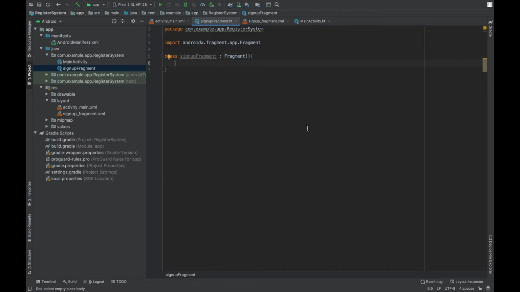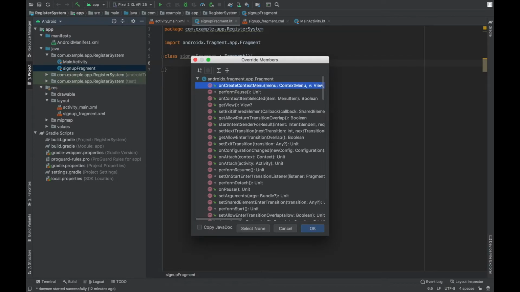So in order to attach this sign up fragment layout file to the sign up fragment class, we will be overriding a method. Click Command N or Control N on your keyboard and go to override methods. Press enter and you will be having some methods that can be overridden.